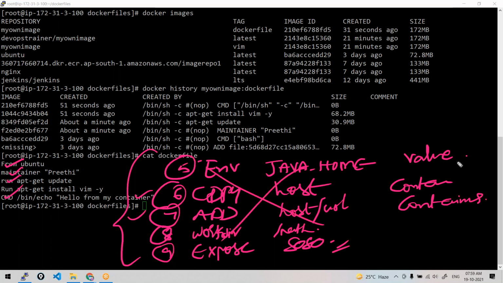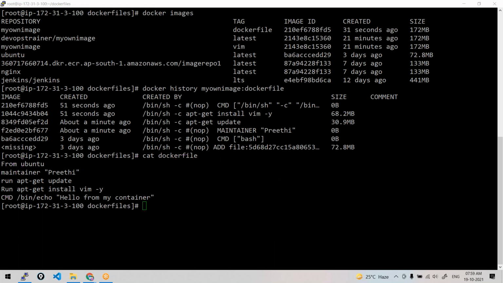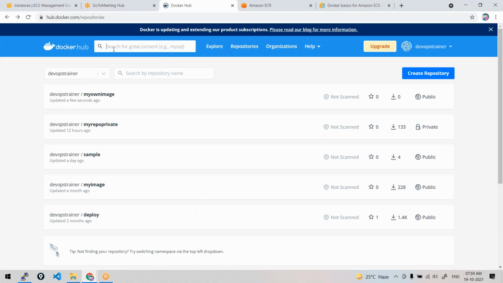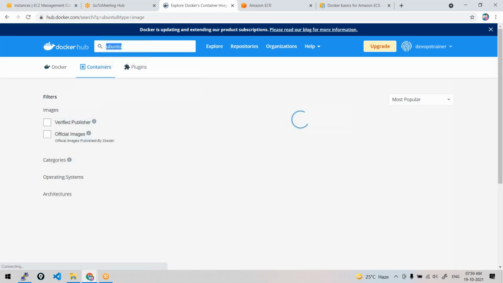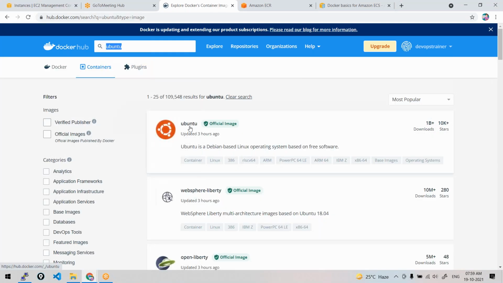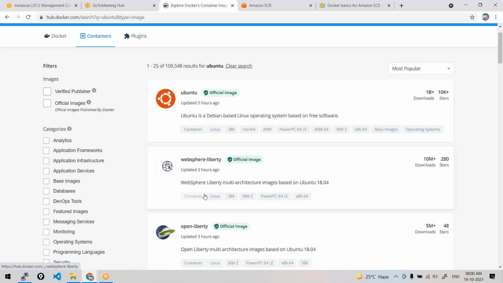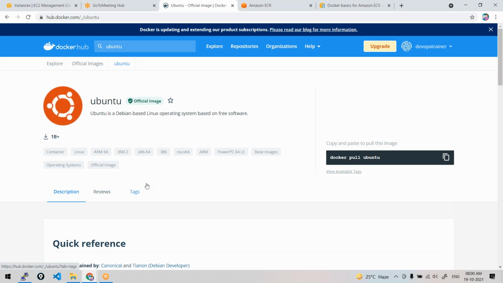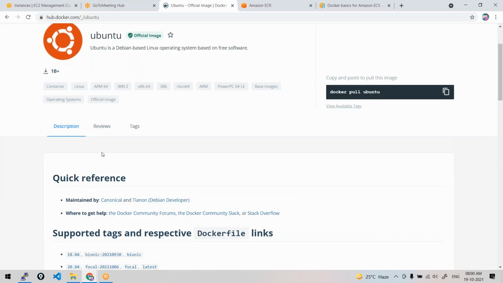But before going through them, let me show you the Dockerfiles of official images. See, Ubuntu official, every image is developed with the same method, from a Dockerfile. So you could also check those Dockerfiles of official images.